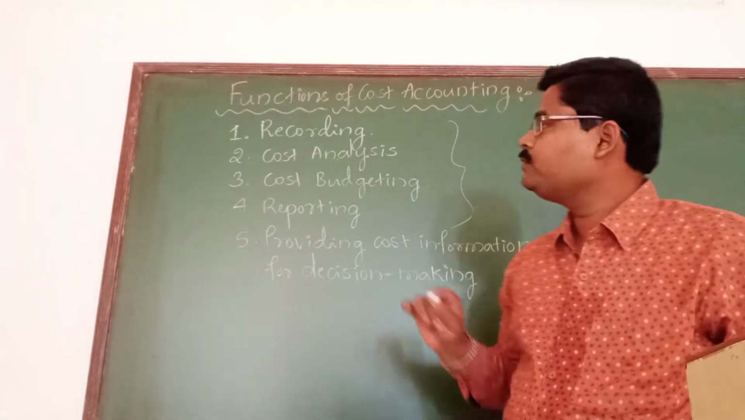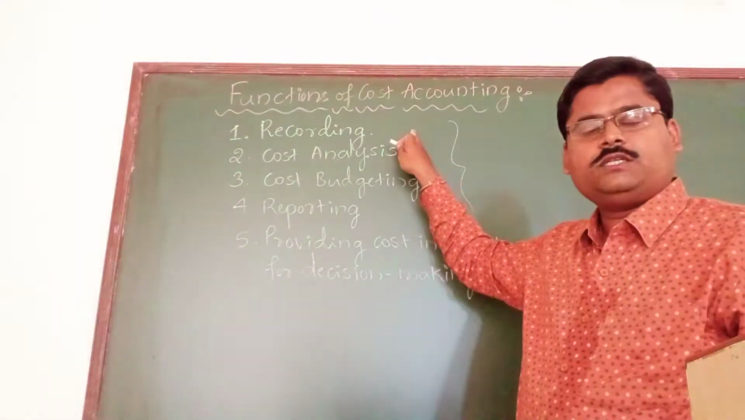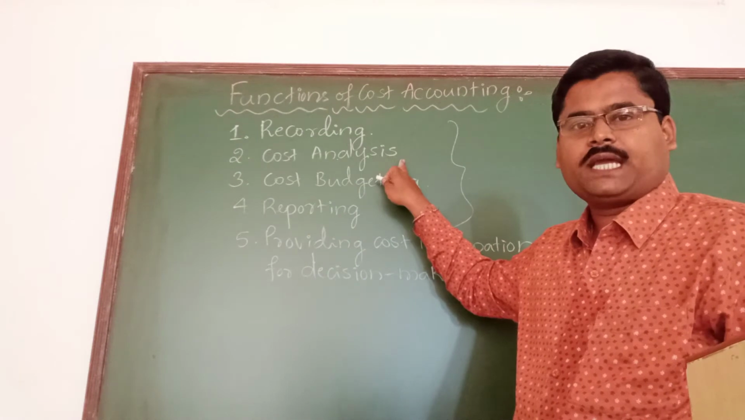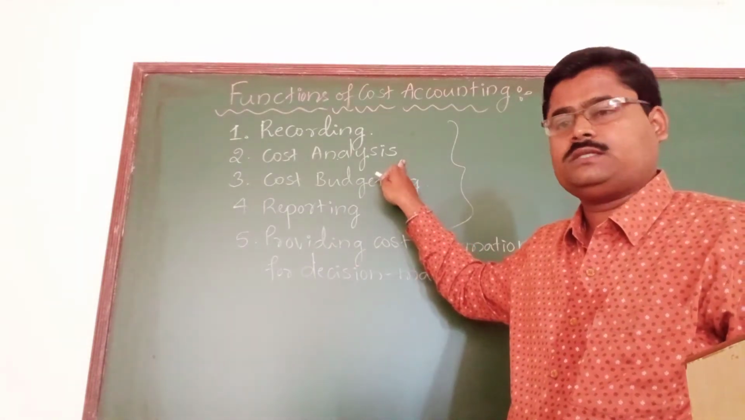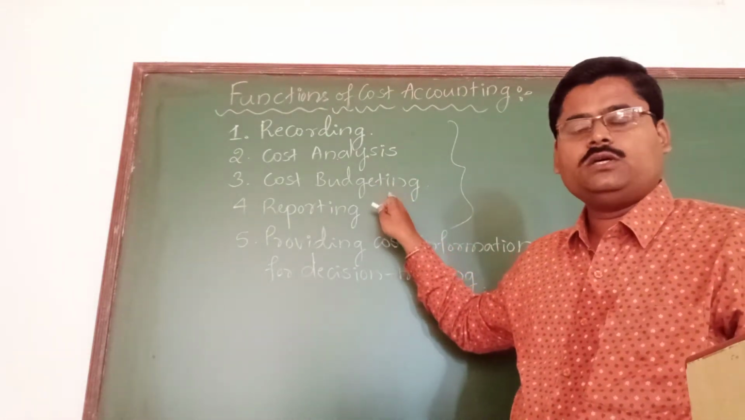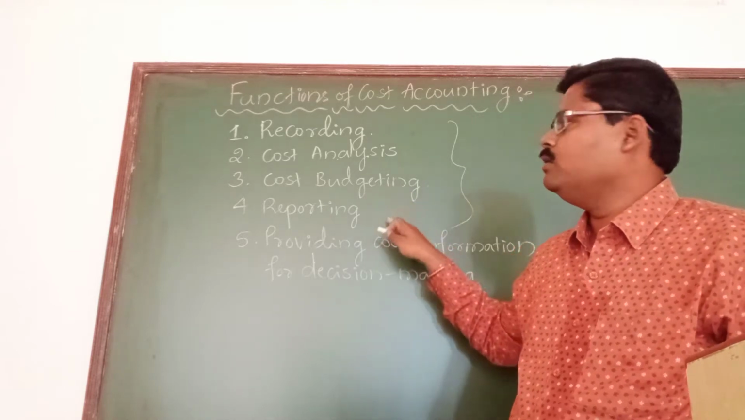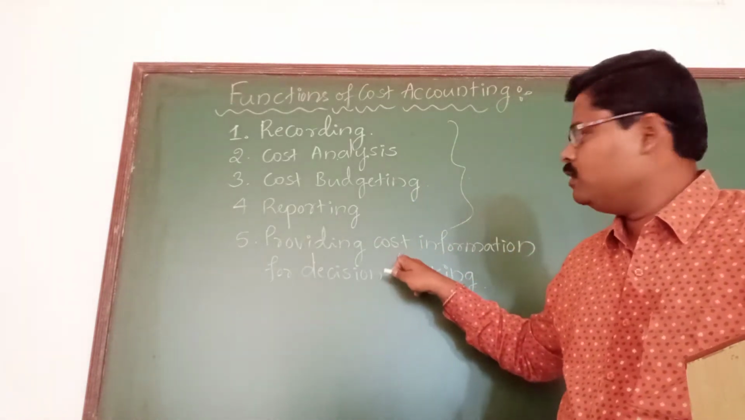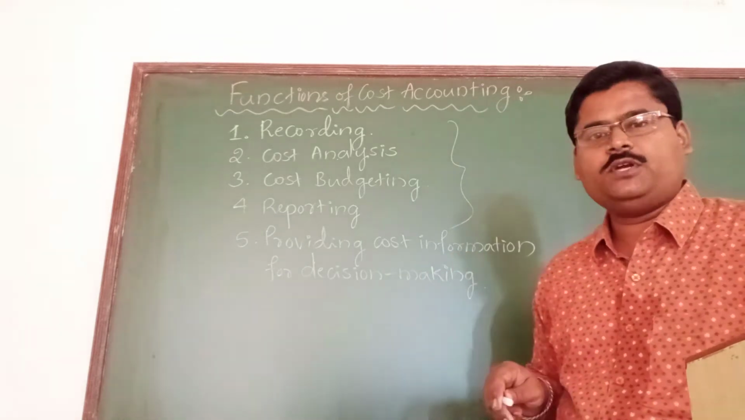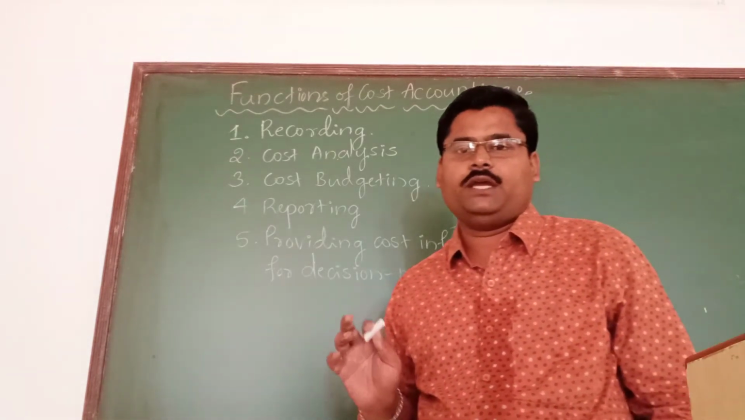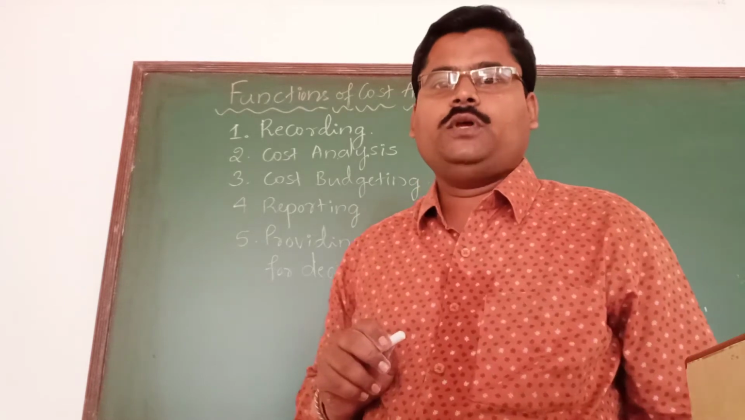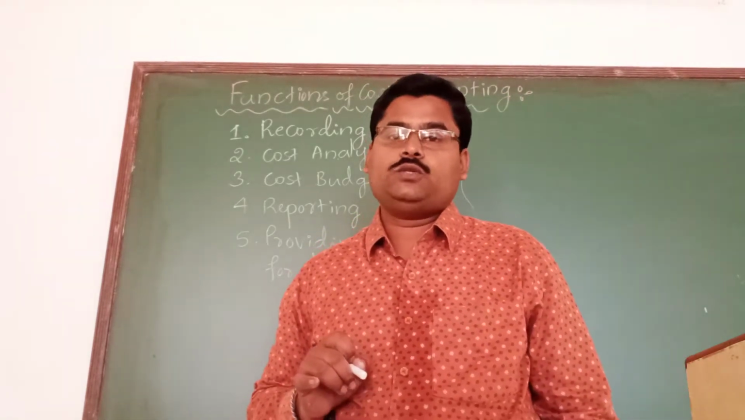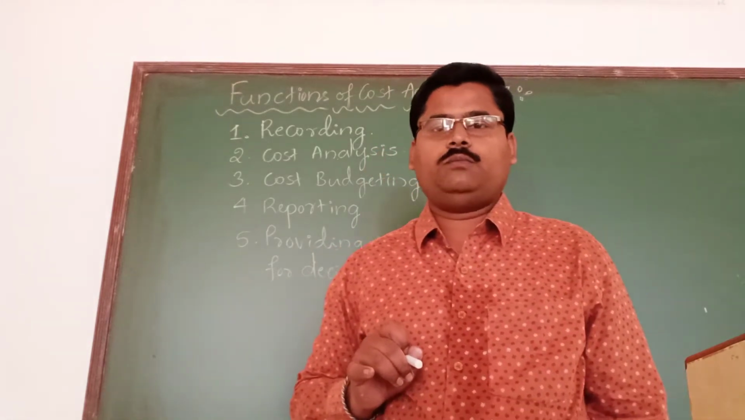What are those? Namely, the first important function is recording. Second one is cost analysis. Third one is cost budgeting. Fourth one is reporting. Fifth one is providing cost information for decision making. So these are the 5 important functions of cost accounting, and let us go through all those important points